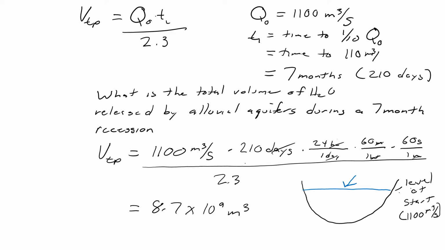So that's how much water's flowing in there. Over the next 7 months, that stream level is going to drop. And it's going to drop a lot. So now here is the level 7 months later,